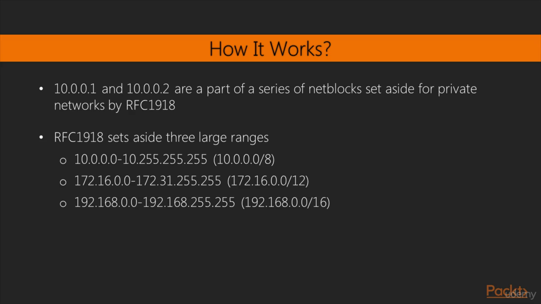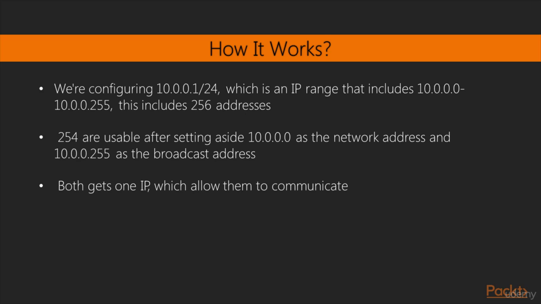The 10.0.0.1 and 10.0.0.2 are a part of a series of net blocks set aside for private networks by RFC 1918, IP address allocation for private internets. For our purpose, we're configuring